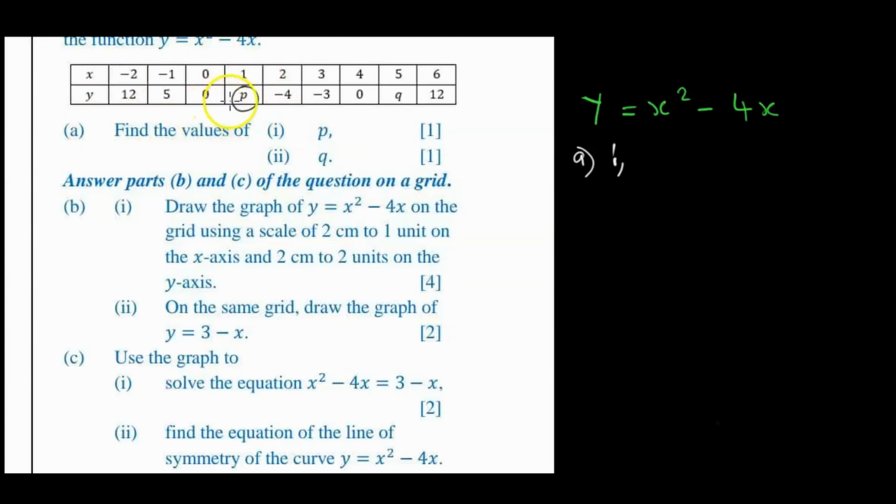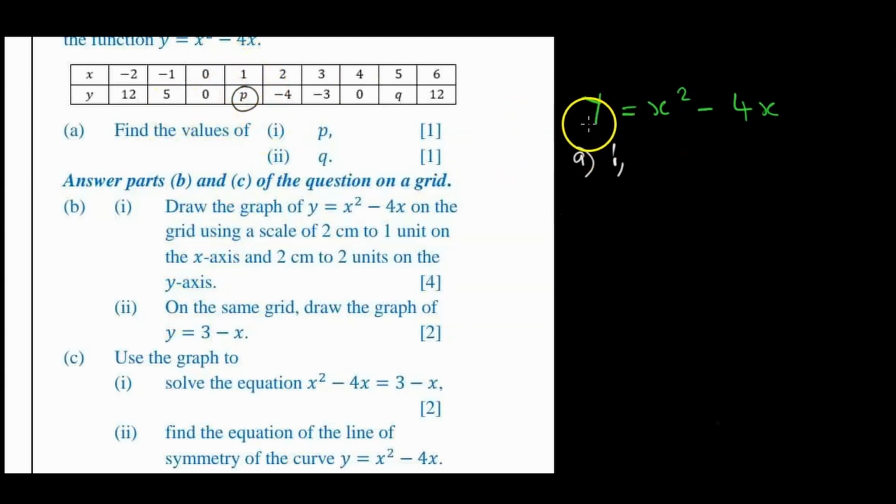How do we find it? We start by checking whether p is amongst the x values or amongst the y values. Then we notice that p is amongst the y values. Then we notice the corresponding value of p, because p is a point, and every point in coordinate geometry has an x value and a y value. So if p is a y value, what is the corresponding x value? And as we can see here, it is this one.